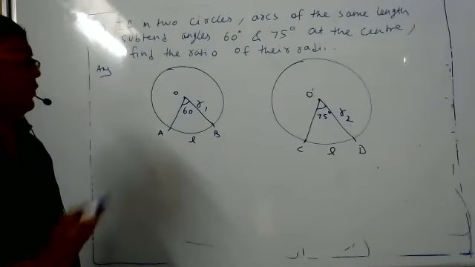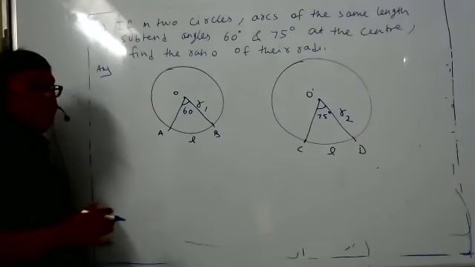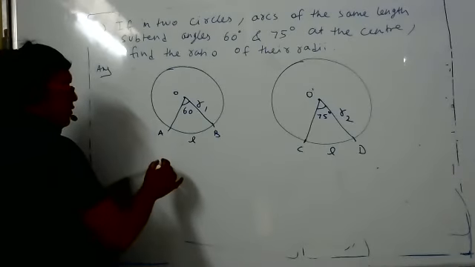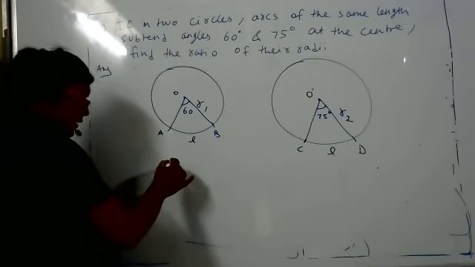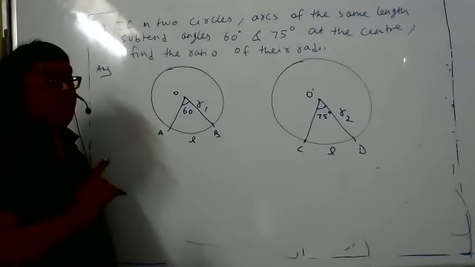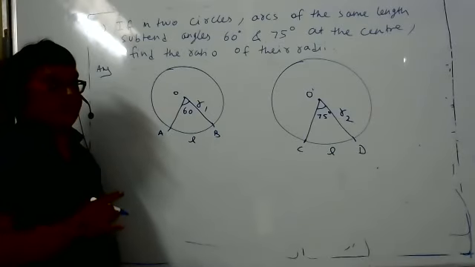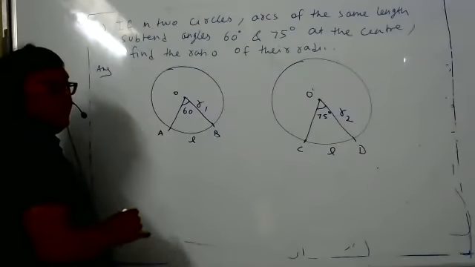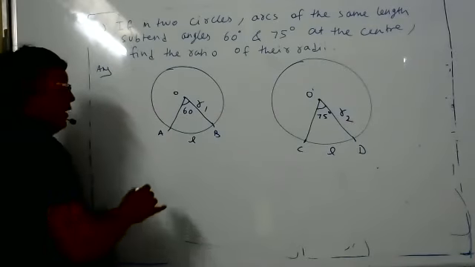Radii are R1, R2. Students, do you remember the formula for the length of an arc? Theta is equal to L by R. But that theta has to be in radians only, then only we can use that formula. Have I not told you that? Yes, sir. So first convert into radians, then only we can use that formula.